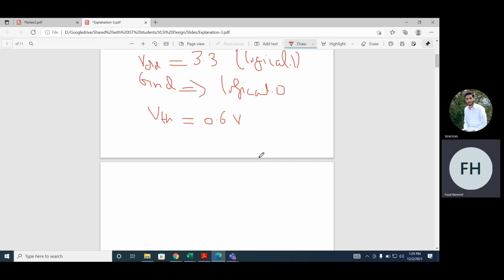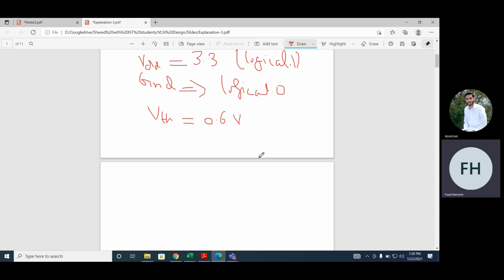Okay. And actually, this CMOS is not an ideal switch. An ideal switch means it is perfectly open or perfectly closed. But even when the voltage on the gate terminal is logical 0, there will be a very small amount of current between the source and the drain, in the range of maybe 10 to the power minus 15 ampere. It's a very small current. Ideally, the switch is not open.